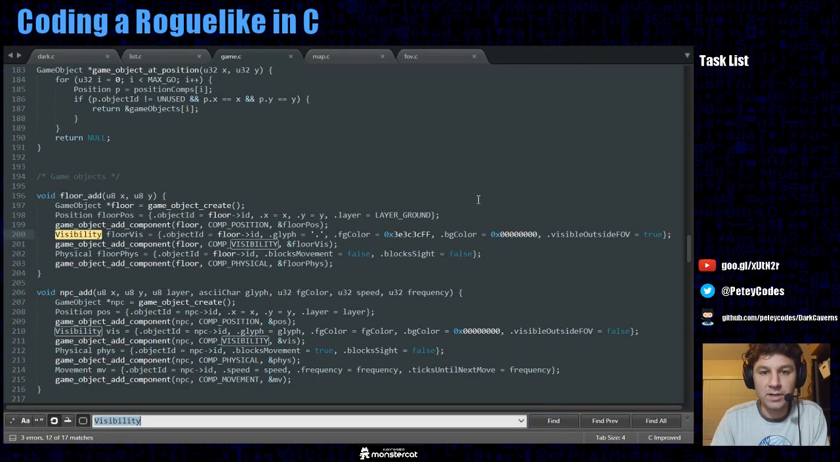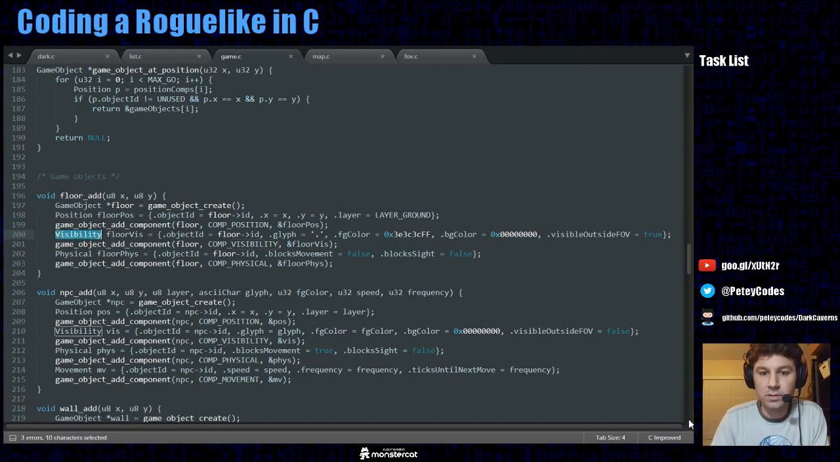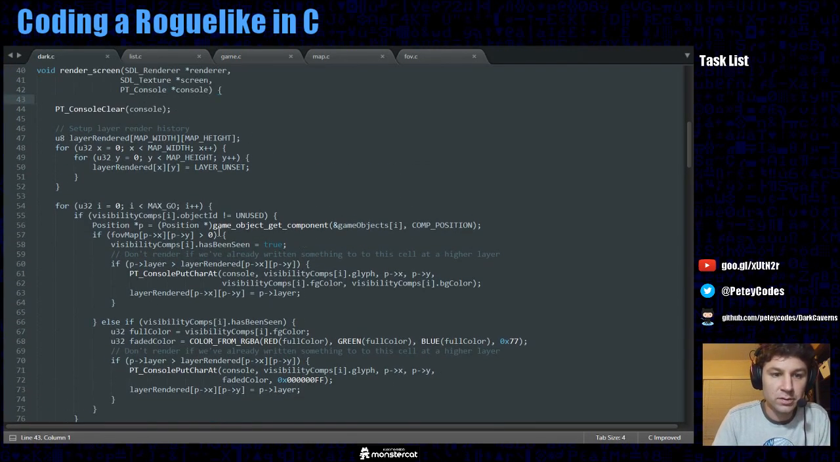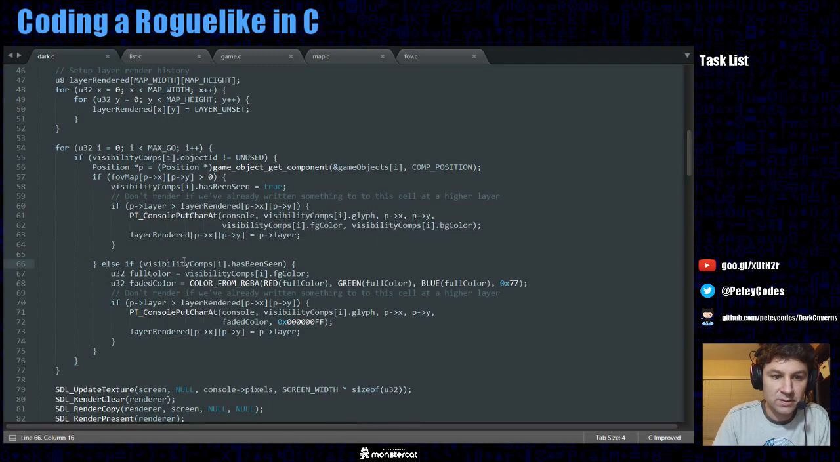Okay, so now what we need to do is go into our render loop, and in this case, we need to add a condition or clause. So if that particular thing has been seen, or maybe we'll do it this way. So if